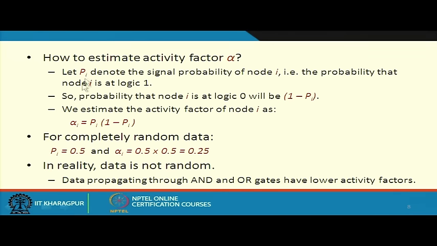So, there is a 0.5 probability it is 1 and 0.5 probability it is 0. So, for totally random data Pi will be 0.5 and hence alpha i will be 0.25. But in real circuits data will not be totally random. So, the activity factors will typically be much less. So, we shall be working out a simple example,